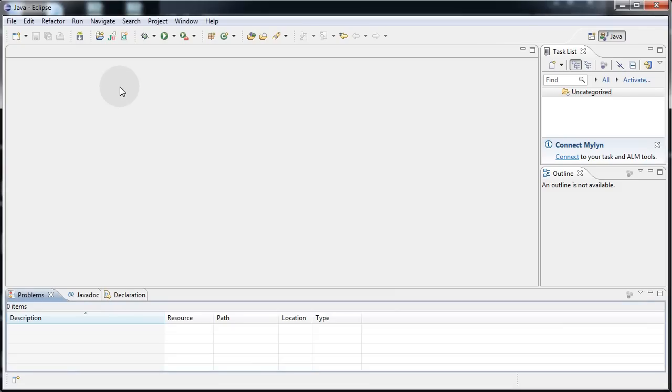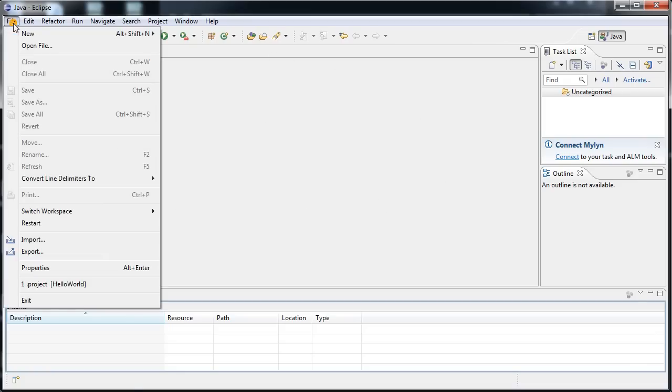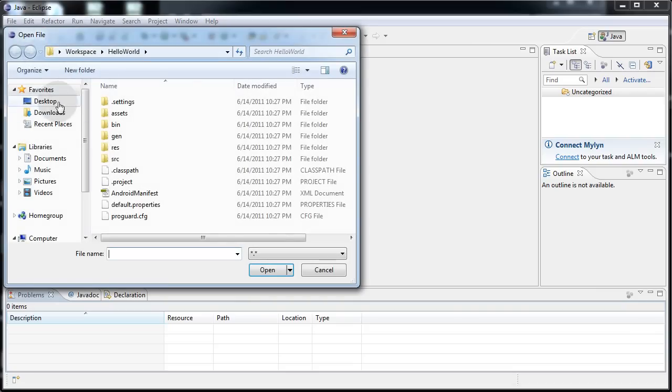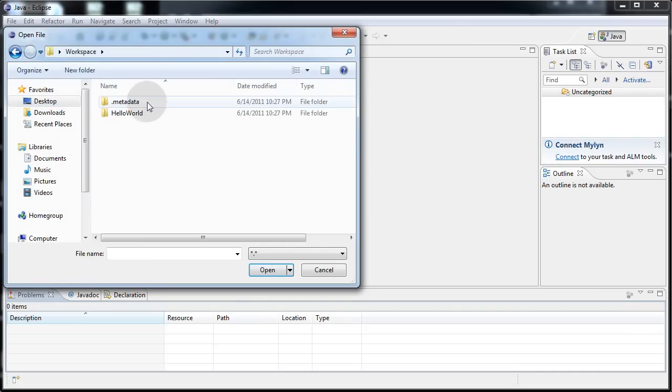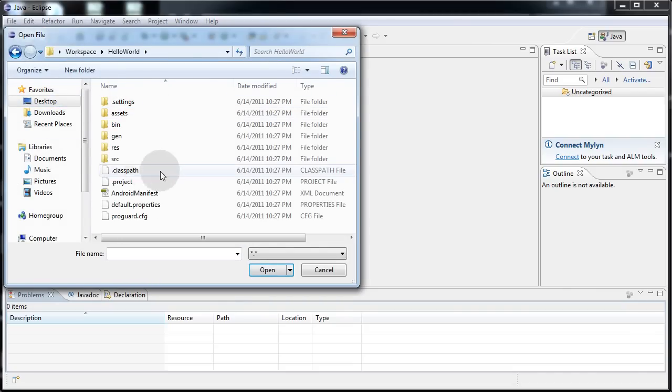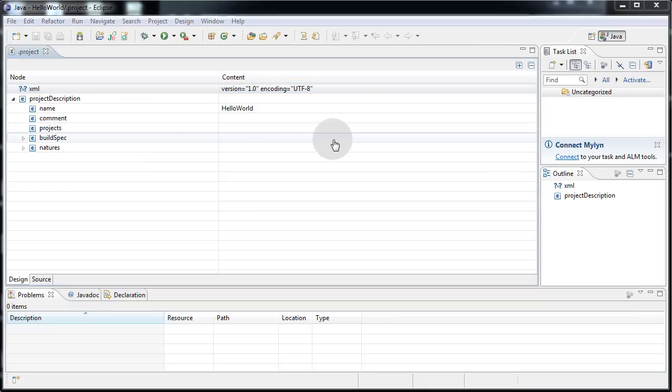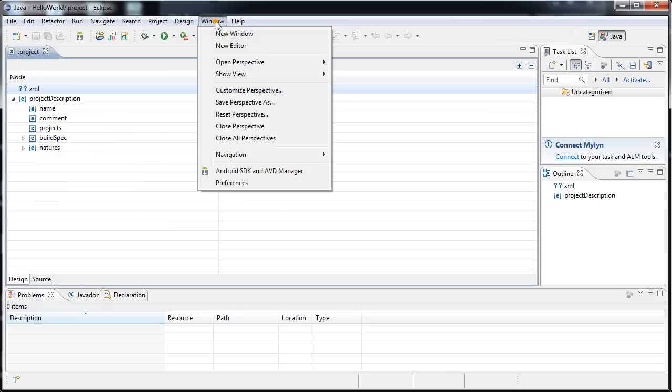Now at any point, if you happen to close Eclipse, or you close that little welcome tab by hitting the little X on the welcome screen, and you don't see your project behind it, you can just go to File, Open File, and go to your desktop where you had the workspace folder. You click Hello World, or the package that you're creating, whatever application, and the .project file is the one you want to open. And if yours happens to look like mine and you want to see the Project Explorer window on the left here, you can go to Window, Show View,